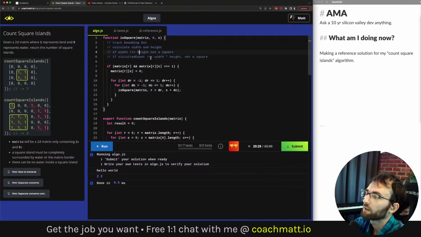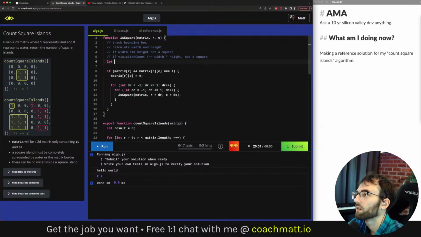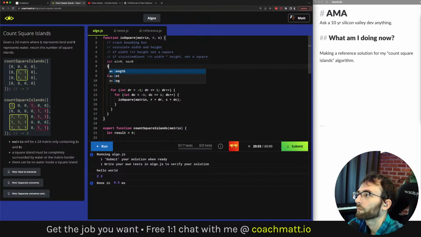Right. So what I'm thinking about now is the cleanest way to track all of this. And what I'm thinking is maybe we want another helper function to do the actual recursion while we have some variables up here. Minimum row, max row, let minimum column, max column.